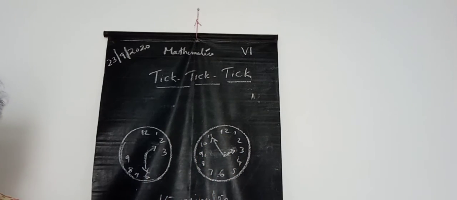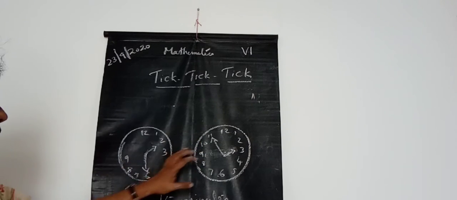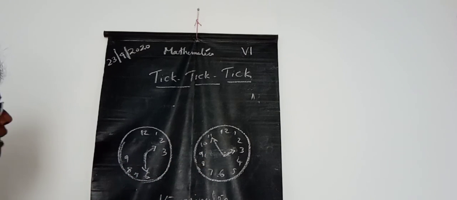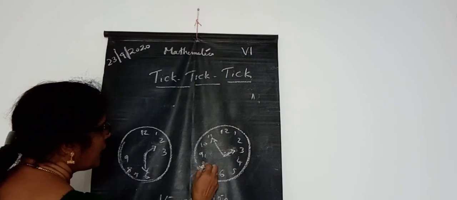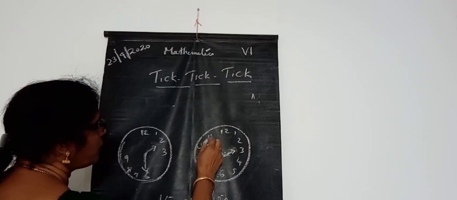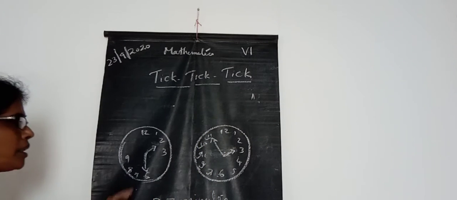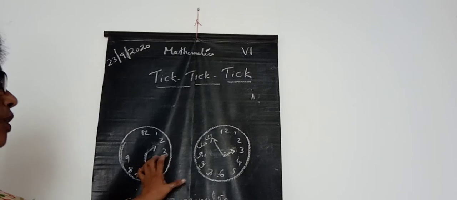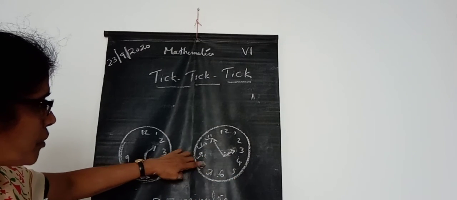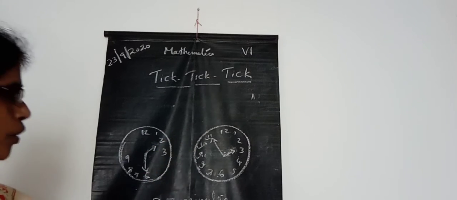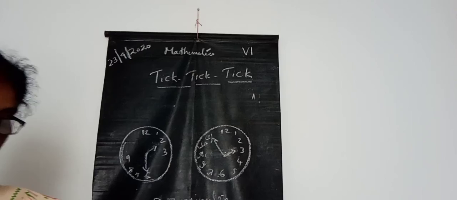Then how much time is taken from here to this time? Here 2:30 and here 2:55. That means 5 minutes up to here, 10 minutes, 15 minutes, 20 minutes, then 25 minutes. What is the distance from here to here? Here 2:30, here 2:55. That means 25 minutes. 5, 10, 15, 20, 25 minutes. Okay, children. Did you understand how to find that?